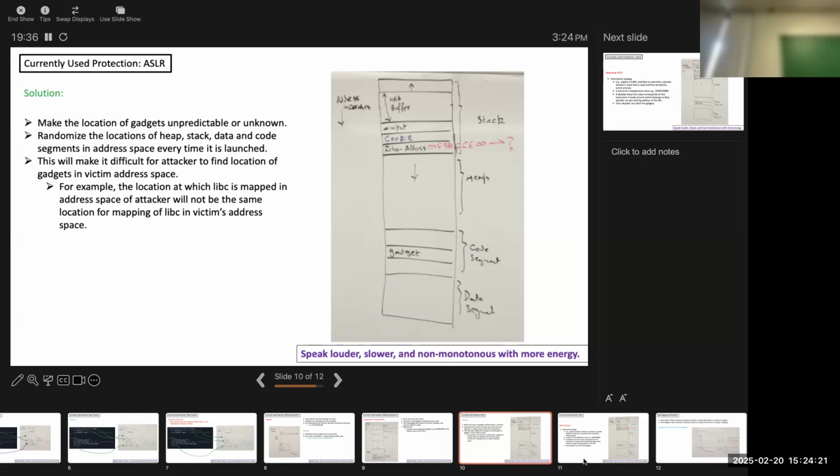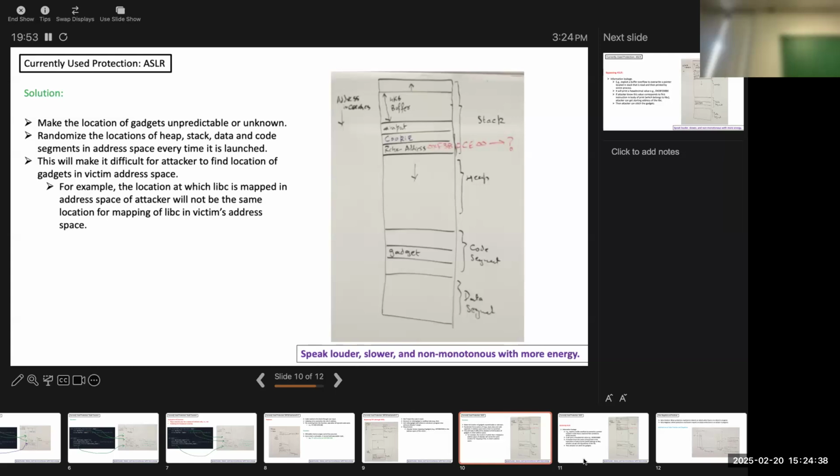Is it pointing within the stack itself, or maybe to the code segment or data segment or heap segment? Or let's say even if we turn out to be lucky and this address is still pointing inside the code segment,